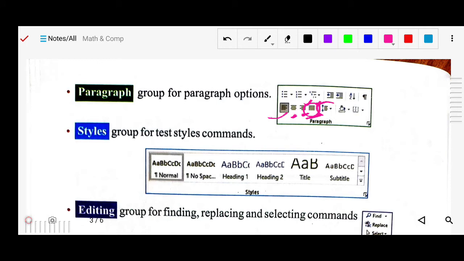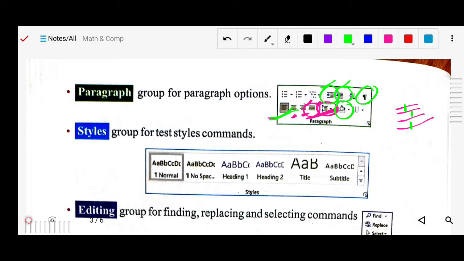Likewise here is the paragraph adjustment. Sorry, this is for the line spacing. Line spacing means the space between two lines; if 3-4 lines are there, what space you want between them, you can set from here. This is to fill the colors. This is to adjust your paragraph again. This is for your simple line, and this is for the paragraph. For the whole paragraph you can adjust.